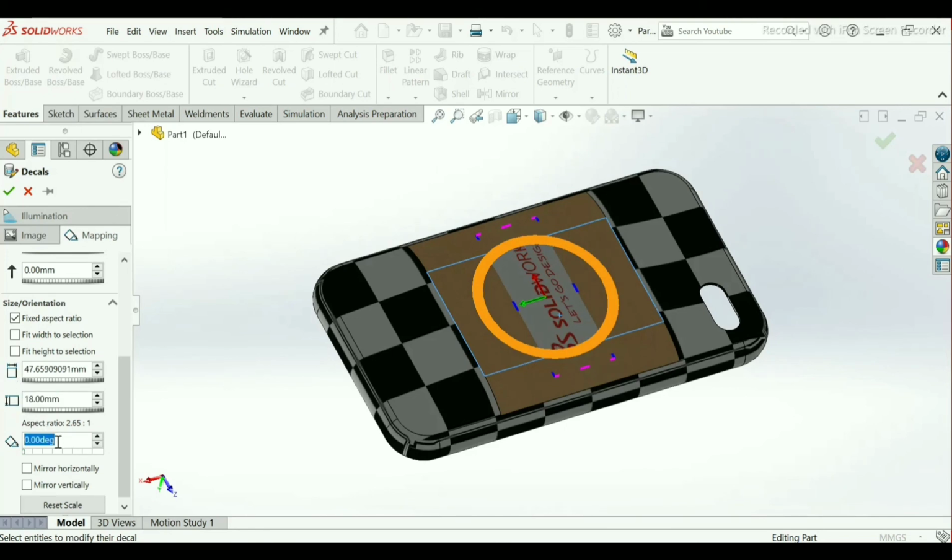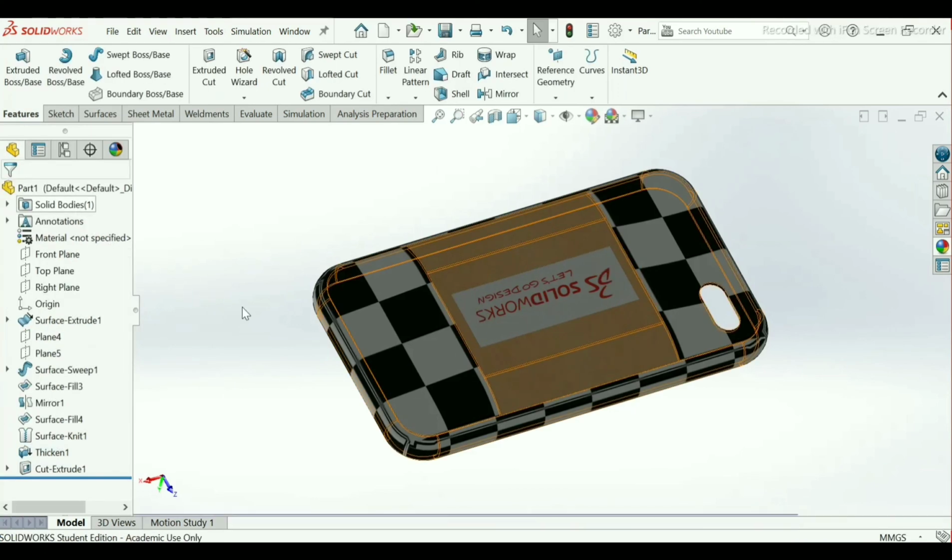Angle will be, I prefer 90 degree so that it looks good. Click left click. Now the dimensions have been applied here. Click OK.